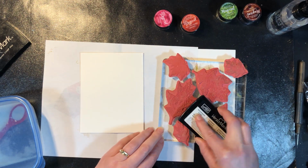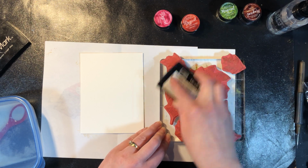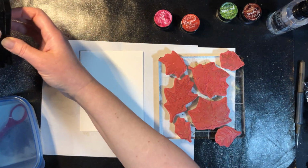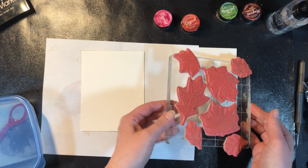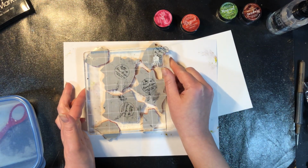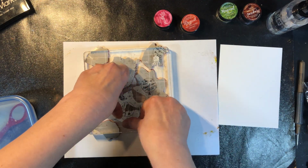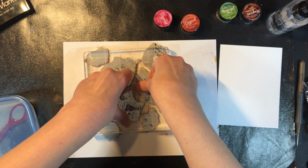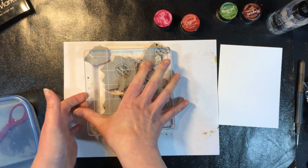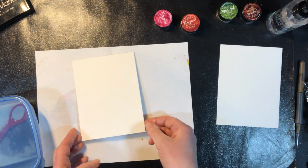For these techniques that we're doing, we're going to use quite a little bit of water, so you need to use paper that can handle that water. And nothing better than watercolor paper, because it's meant for water. The other thing you could use is mixed media paper. That would work as well, just because you can use moisture on that too. But I do like watercolor for this. The kinds that I buy have a bit of texture to them, and I just like what it adds to the